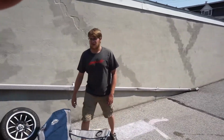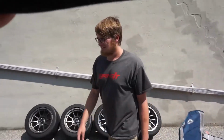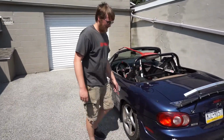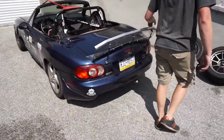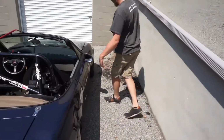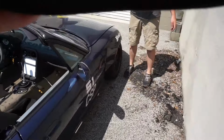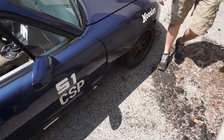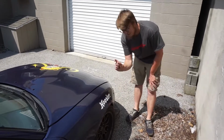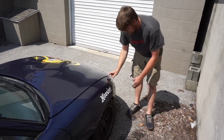My fitment is done by Timmy the Stanscott, and it's actually one of the cooler parts of this car, in my opinion. I'm not a huge fan of the way a lot of the other CSP cars look, where they just hack the fender apart and rivet some eBay fender flares on there. So what we did is we took some steel spacers about 1.5 inches long